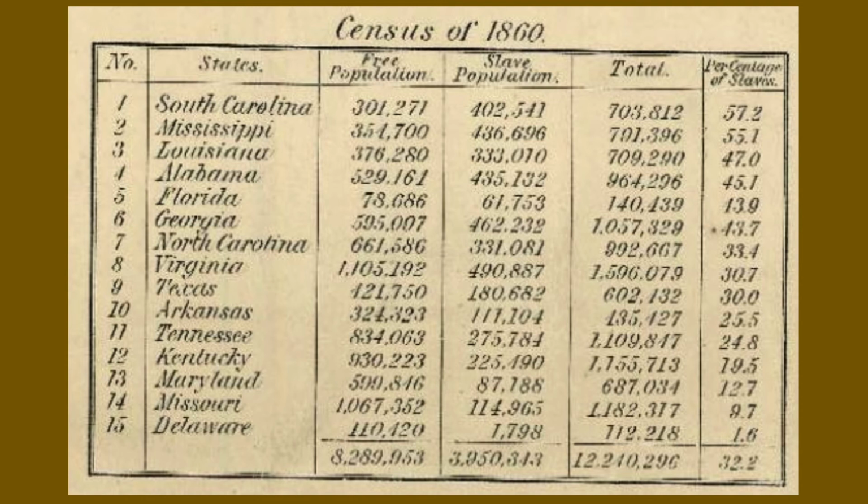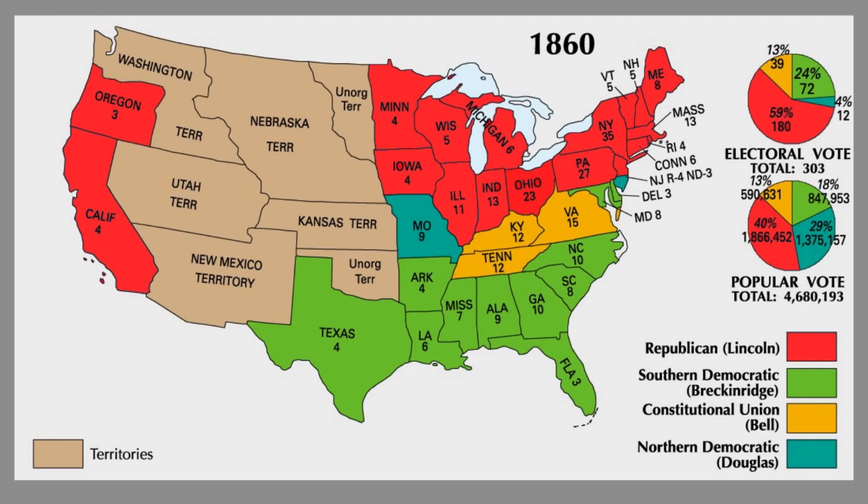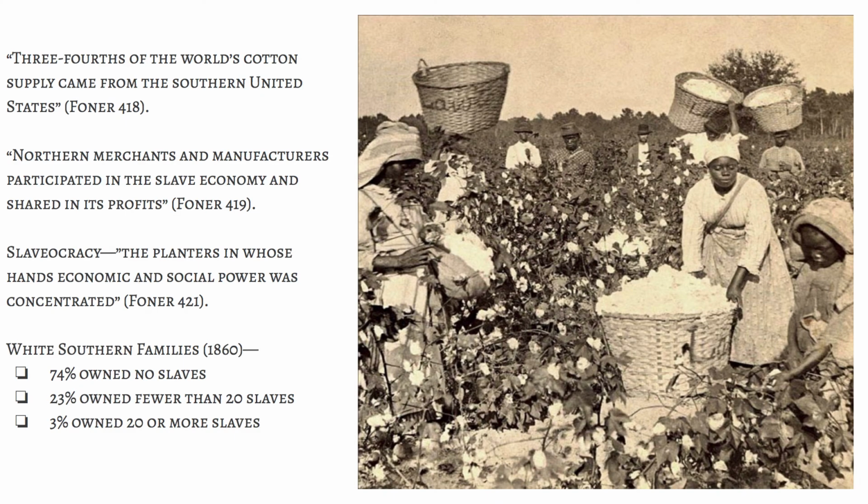By the time Abraham Lincoln is elected in 1860, there are 4 million slaves. There are more slaves in 1860 than there ever were at any time in America. There are more states where slavery is legal, and there are about 500,000 folks who are called free black Americans. Mostly people who were freed because they fought in the Revolution, and then the descendants of those folks, living in northern cities and some in the South. The population of the South is about 8 million white Southerners, and in the 15 states where it's legal, they represent 1/3 of the population.